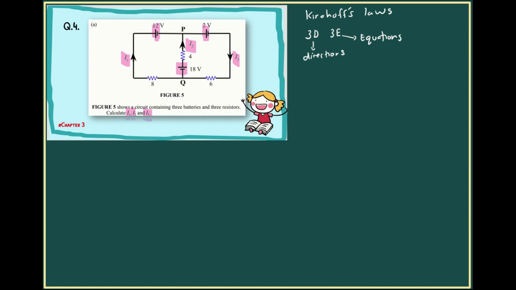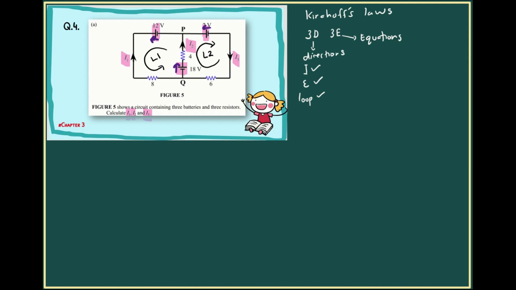So we start with direction. You're supposed to have the direction of I first. The direction of I is already drawn for us, and then the direction of EMF. It's supposed to be from negative to positive, negative to positive, negative to positive. Last one, we want to draw the direction of loop. It's up to you. You can draw clockwise or anti-clockwise. Mine will be, for loop number 1, anti-clockwise. For loop number 2,